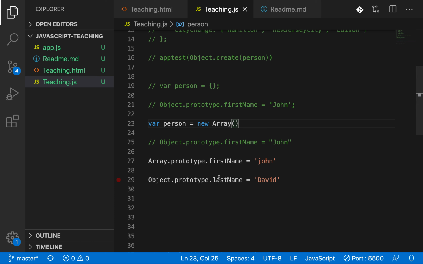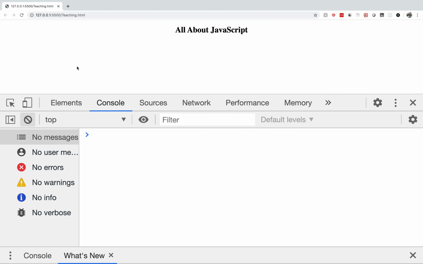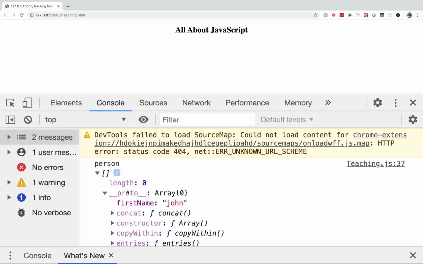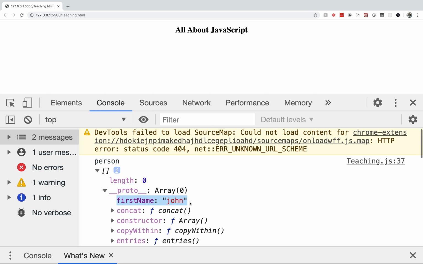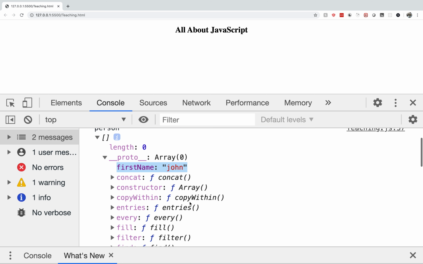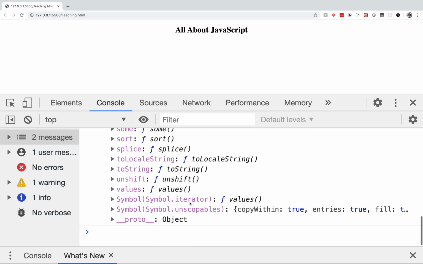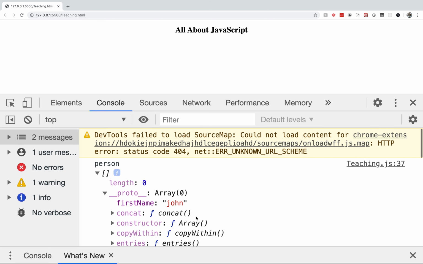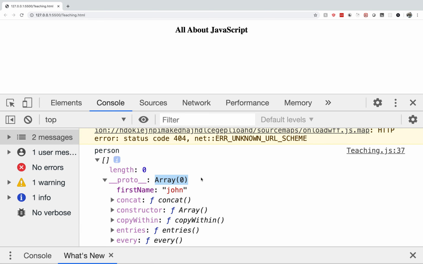So what happened: I defined first name John and last name David. Let's reload it and see. There is the first prototype which has first name as John. Where is the last name? That is called the prototype chain. This last name is what we defined with Object.prototype.